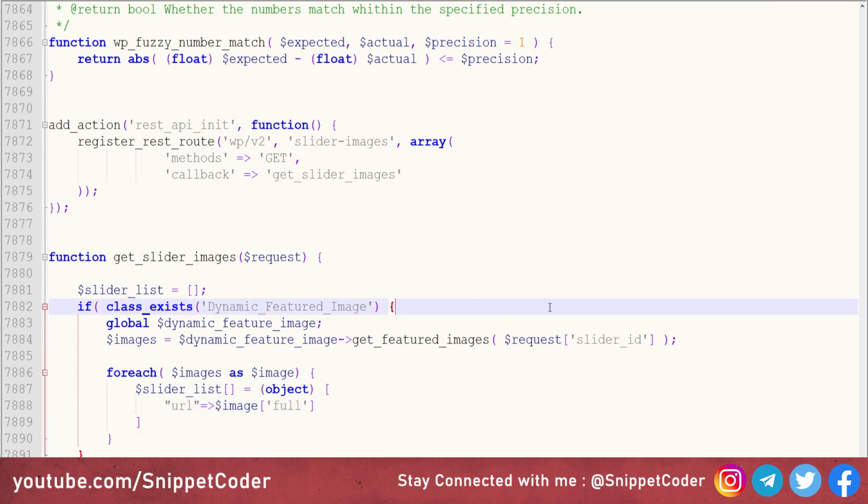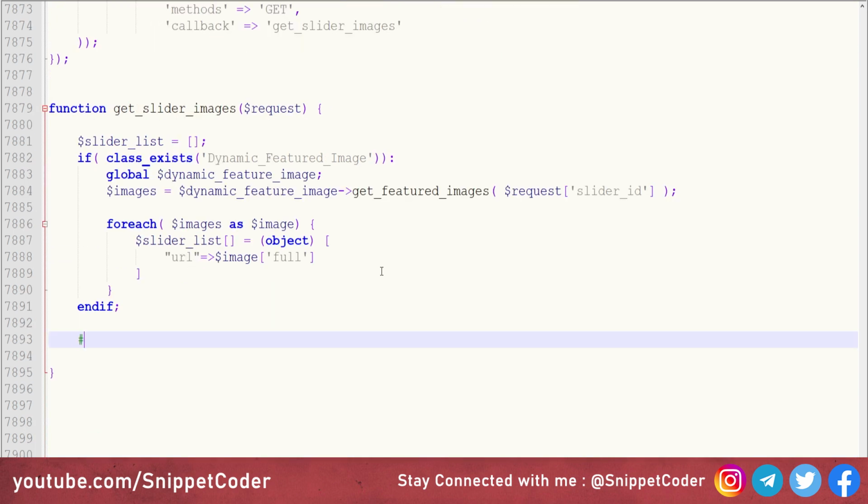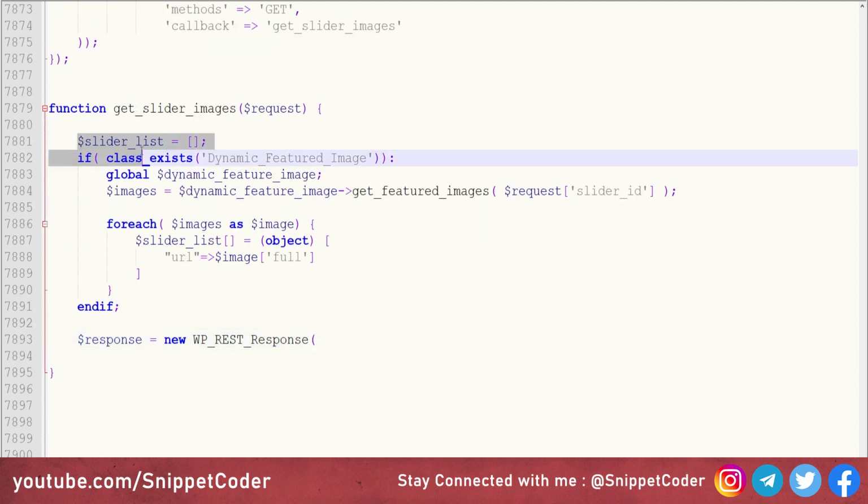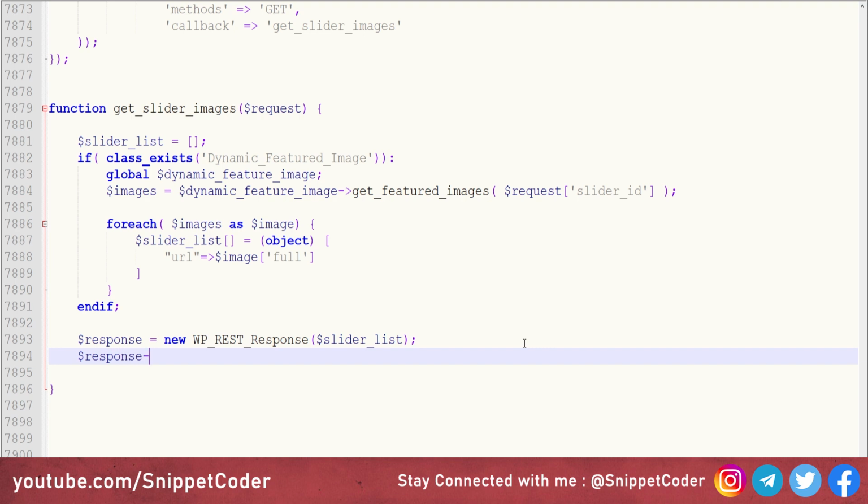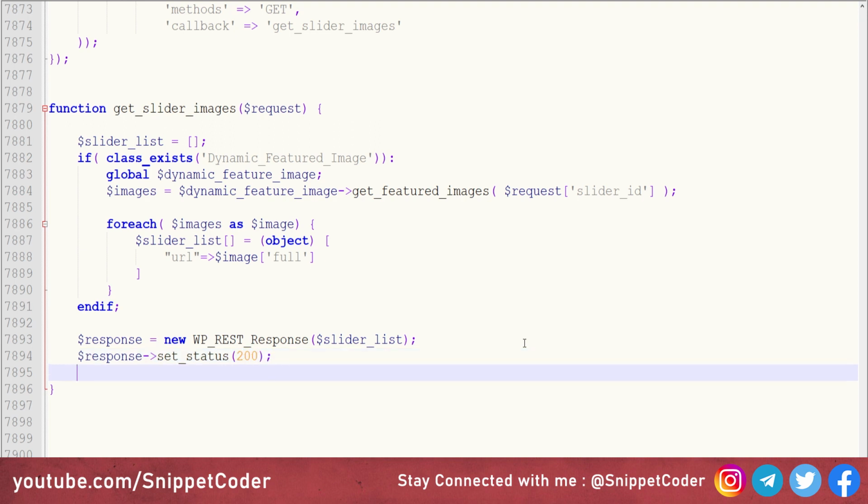And here we have to do some small change, and we have to pass the closing bracket, and then we have to pass a semicolon, and here we have to put endif, then semicolon, and here we will return the response, response is equal to new WP_REST_Response, and we are passing slider_list here, and for the response status we are setting set_status 200, and here we will return response.